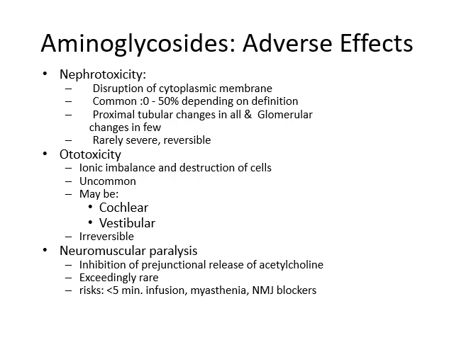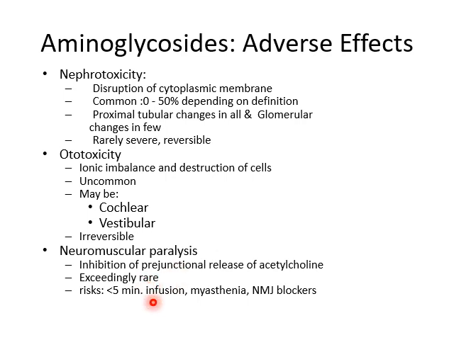We have mentioned toxicity many times before, but now let's discuss it in more detail. So I mentioned nephrotoxicity, I mentioned ototoxicity, and this I haven't mentioned before, it's neuromuscular paralysis. Let's talk about that in a minute. So this is exceedingly rare, and it happens because of inhibition of prejunctional release of acetylcholine, and it can happen